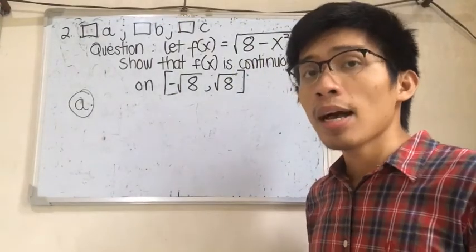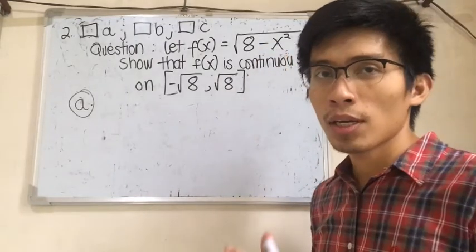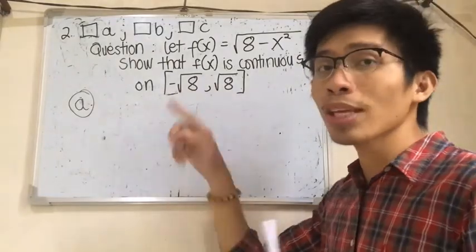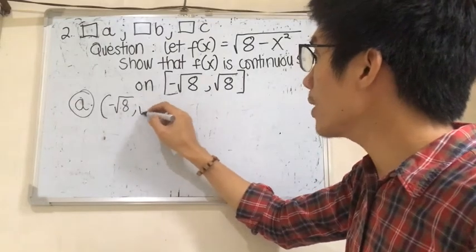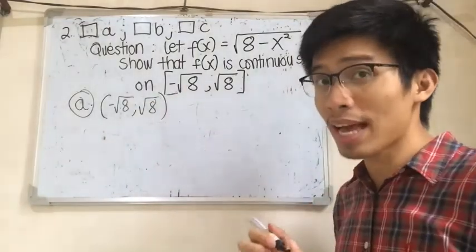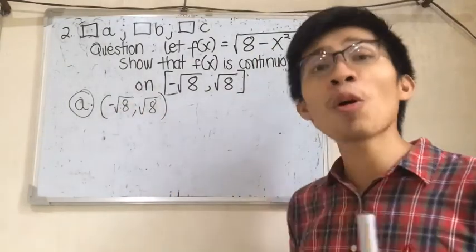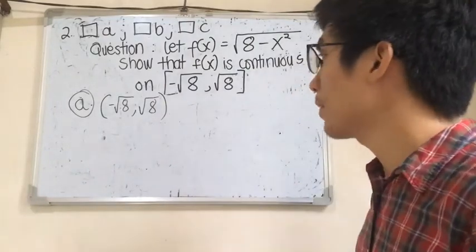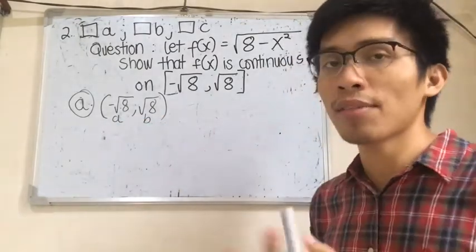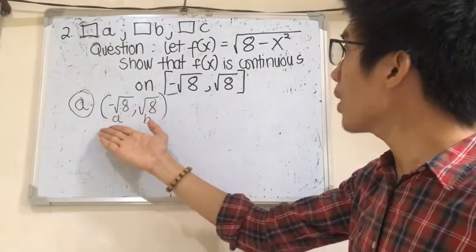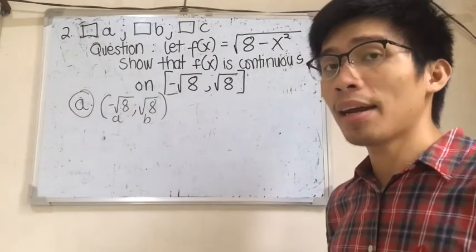For condition letter A, let's check in an open interval if this function works. In short, let's change this closed interval into an open interval. It will become negative square root of 8 and square root of 8. Let's test if this function works in the interval between these numbers. This is how we can check it easily. First, you consider these as A and B. Again, A is the least value and B is the greatest value. You are going to substitute the least value in your function and the greatest value in your function. If the value exists there,